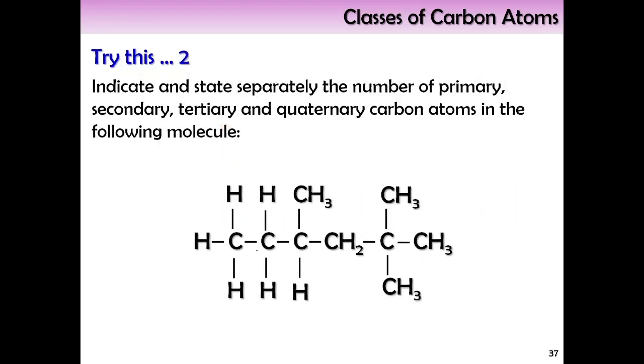Okay, next one. What about this one? Okay, the same thing. This carbon, how many carbon it is attached to? So this one, 1. So primary. This one is 2. 2H and 2 carbon. So secondary. This one 3. 1, 2, 3. Tertiary. This one 1, 2. The whole thing here is alkyl chain and it is attached to carbon. So secondary. This one quaternary. This one primary. Primary. Primary.